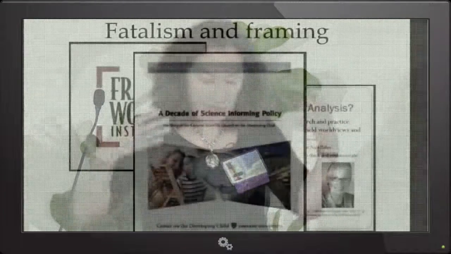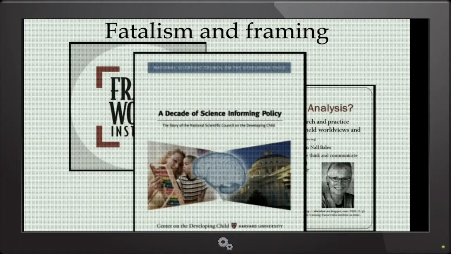So they talk about the importance of brain development and fostering it and so forth, because that seems more acceptable in a country like ours, where it's like, your life is your own responsibility, your kids are your responsibility, etc. It seems a more friendly notion. And this is a report from the Center for the Developing Child at Harvard, which really comes on strong about what neuroscience tells us about what child policy needs to do. And it's all about framing.